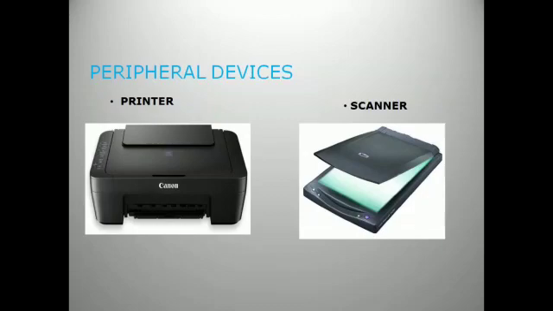Scanner. A scanner allows us to copy a physical image or document and save it to your computer. What is the difference between a printer and a scanner? A printer is used to convert soft copy into hard copy. Whatever is available in a computer we can get on paper. A scanner is the opposite of a printer. It converts hard copy into soft copy. Whatever we have in document form we can convert into the computer, or we can see on our computer.